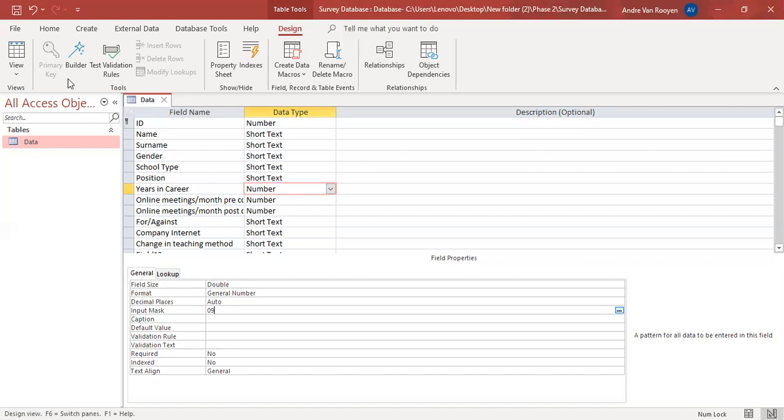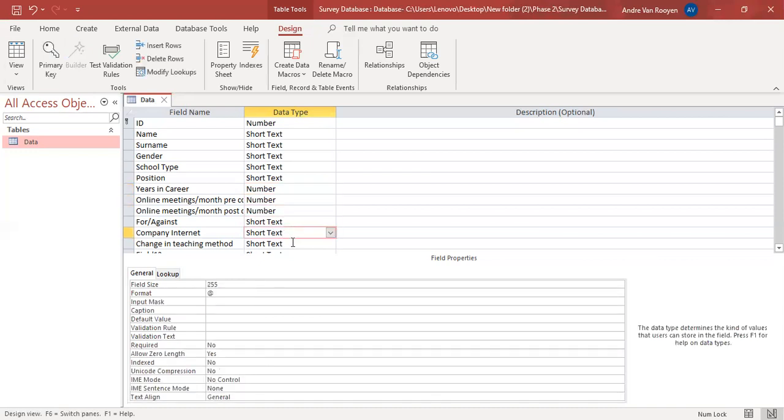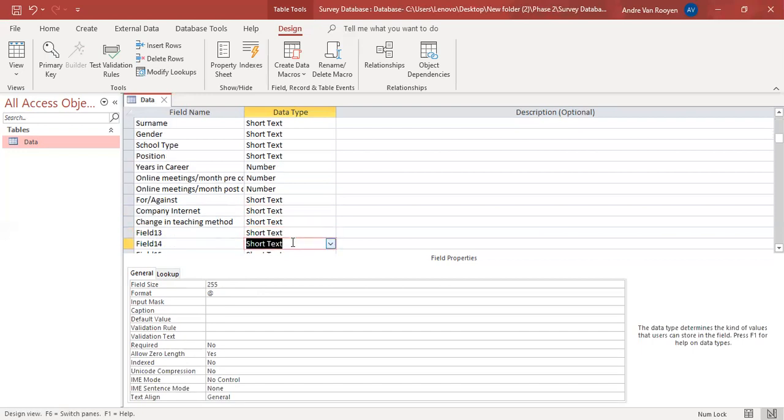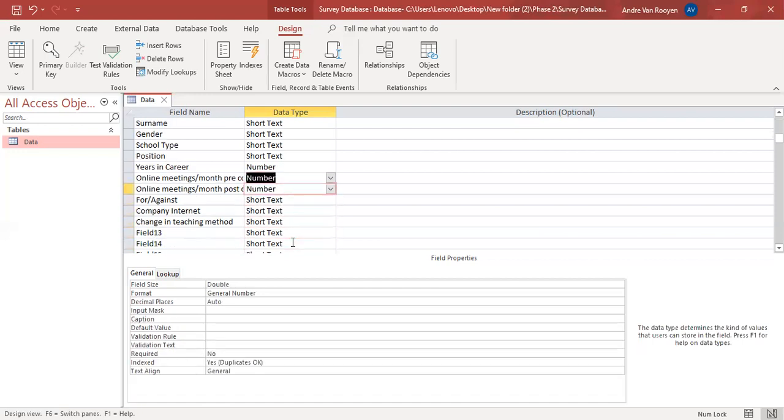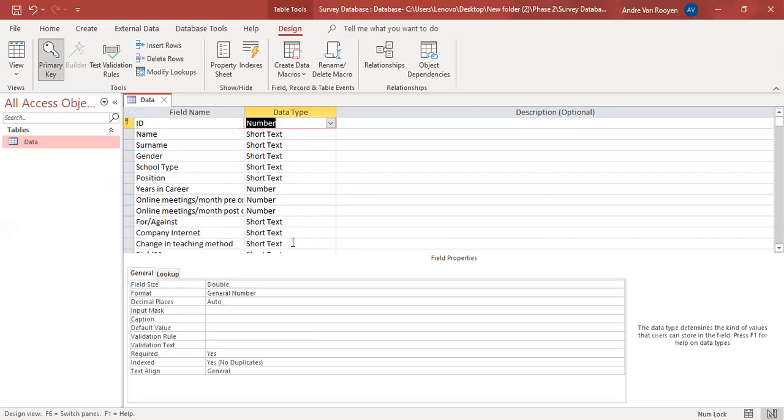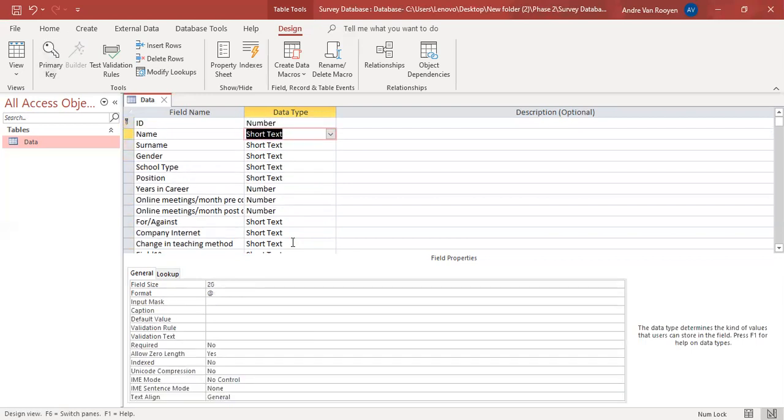All right, so as I said, keep it simple. You can definitely go onto any other field and put an input mask in there if you want to maybe just make it a little bit more interesting, or if you are confident with your input mask sheet, please make your own decision in that sense and try something new. Okay, so now I am going to go back to my assessment rubric